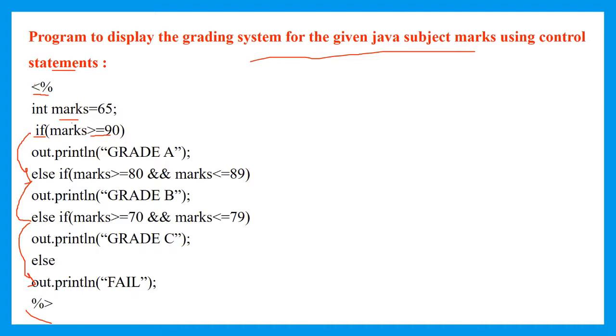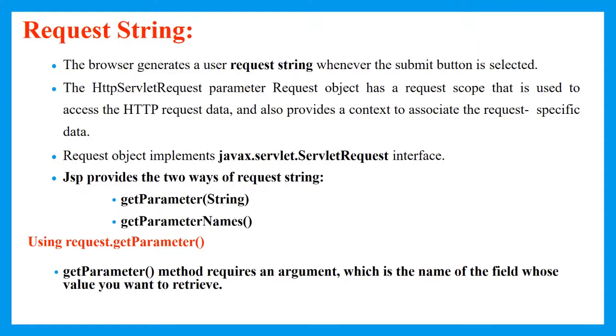So the next topic is request string, which is similar to the topic we have discussed in reading servlet parameter. Now what is a request string? The browser generates a user request string whenever the submit button is selected. The HTTP servlet request object has request scope that is used to access HTTP request data, and also provides a context to associate the request specific data. The request object implements